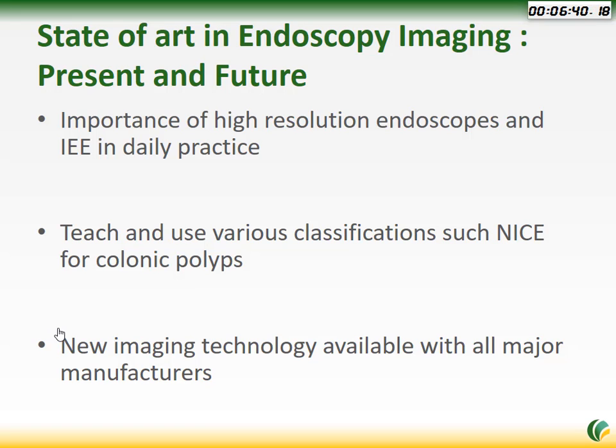in daily practice. One of the drawbacks is that most of our colleagues have a new technology, but they don't use NBI, they don't use BLI, they don't use optical enhancement. When you have this technology, you should change your mind. You should work with a new classification and new technology. And of course, my main message is: whether you work with Pentax, Fuji, or Olympus, you have the same technology, but please